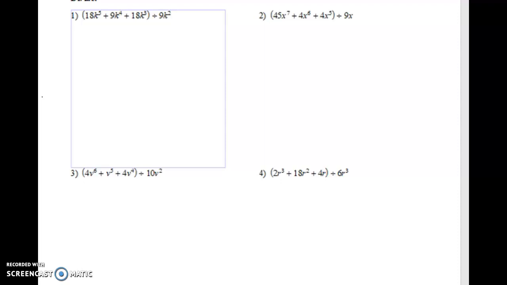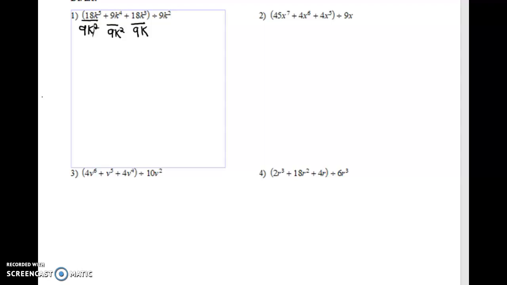So basically what you're going to do is take your 9k squared in problem 1 here, and you're going to distribute it using division. So you're going to distribute that 9k squared to all three terms of the trinomial. And then you'll just reduce it, and you're done. Okay? Remember, you want to take care of the coefficients and then take care of the exponents by doing the